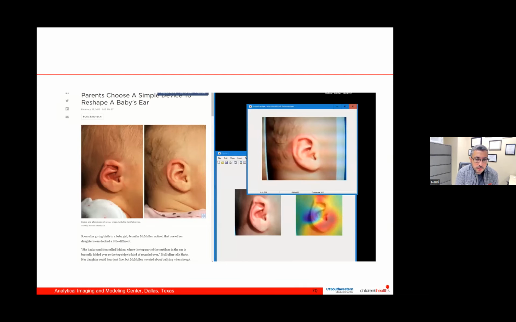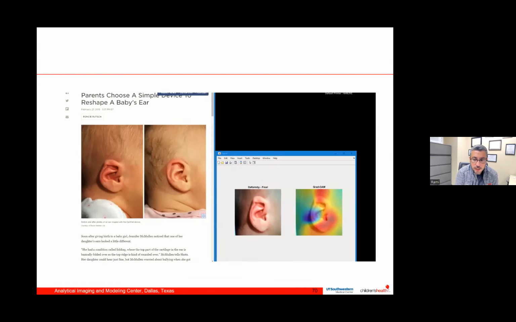And now I'm going to the one that's corrected. I'm taking a picture, and now it's telling me this ear is normal, that it's corrected, it's perfect. So here you can see that within seconds, the machine was able to identify ear deformity. And this is in real time. The machine learning models are fast, they're efficient, and they can look at many more images than we can ever look at, and they can learn much faster than us.